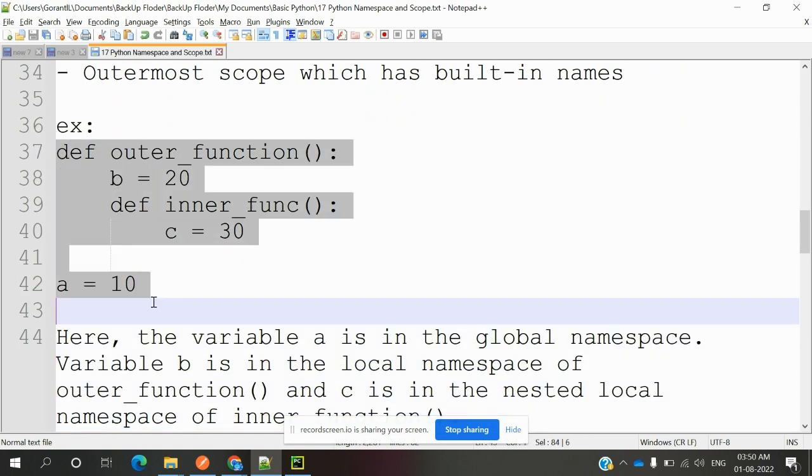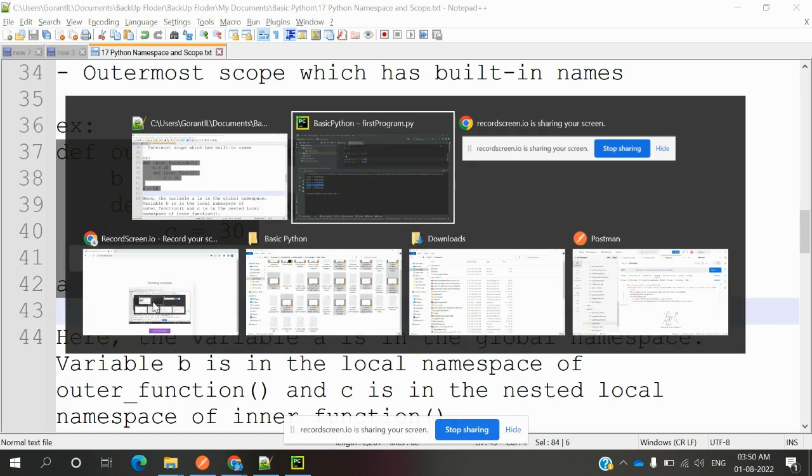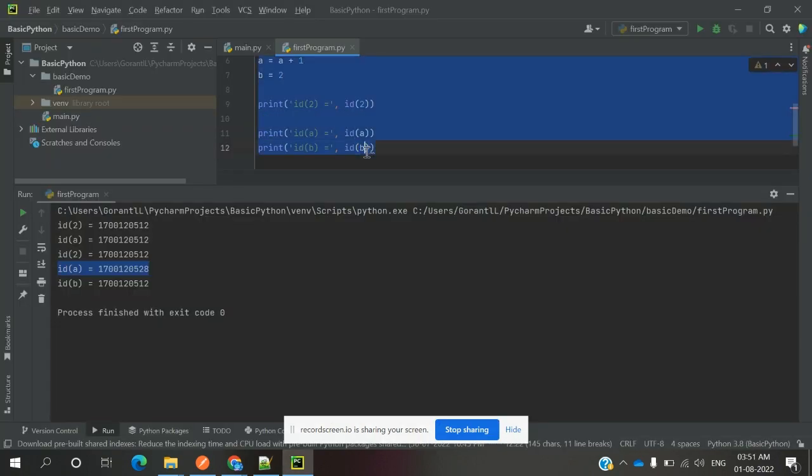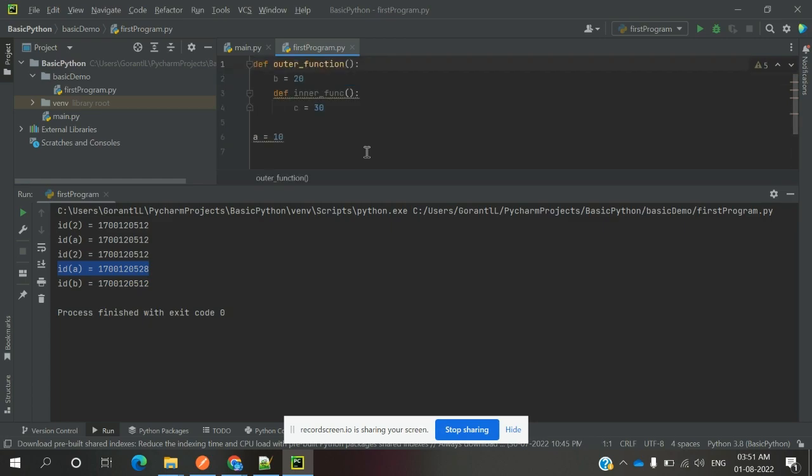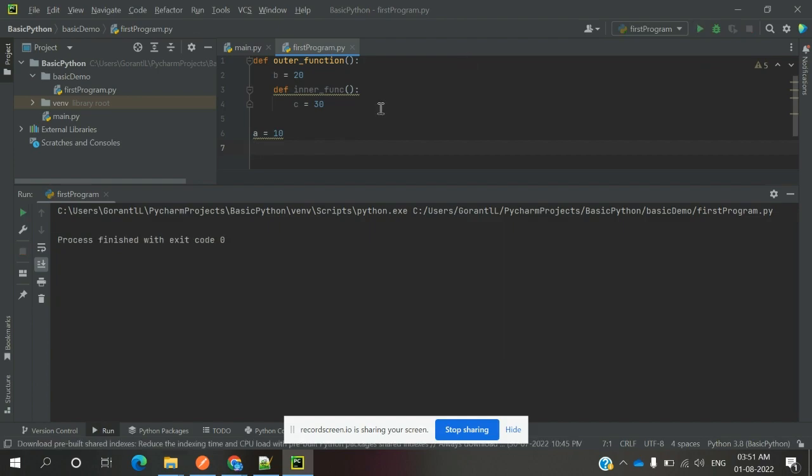is a simple example, the method creation, and we can copy and paste it here and see. Now a equal to 10, c equal to 30, b equal to 20 are present. We are not printing anything, that's why nothing is showing. Okay, print a, b